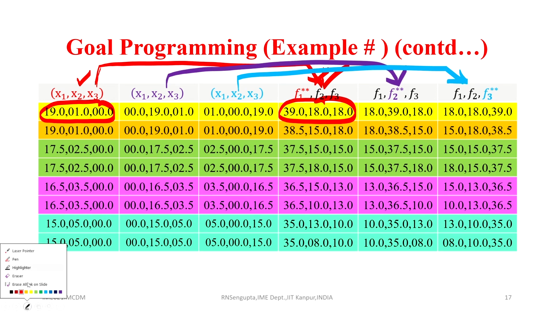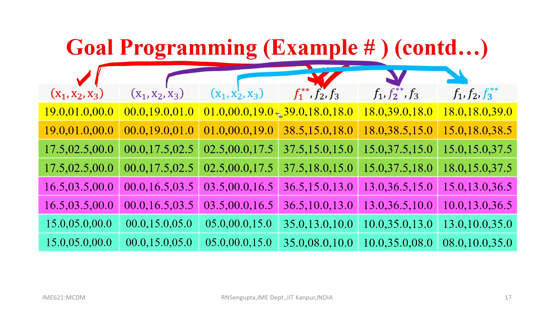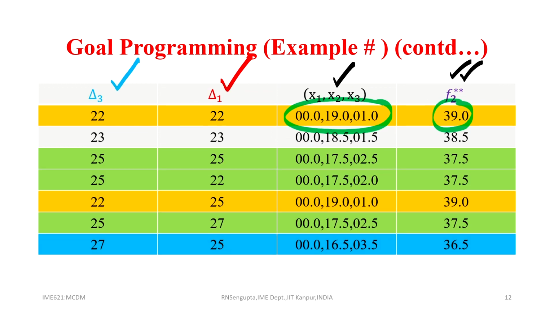Now, when I go to F2 double star, again del 3 del 1 is 18. So, this is 40 minus 22 is 18. Here also it is 40 minus 22 is 18,